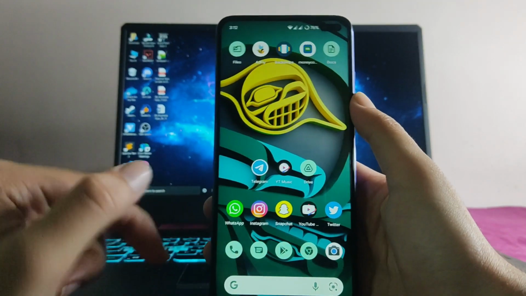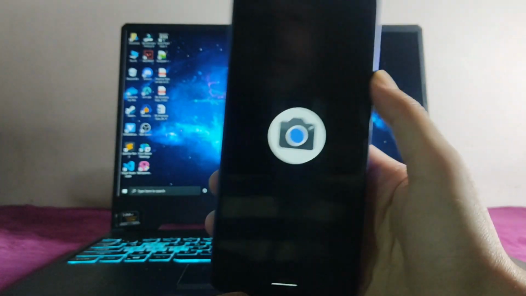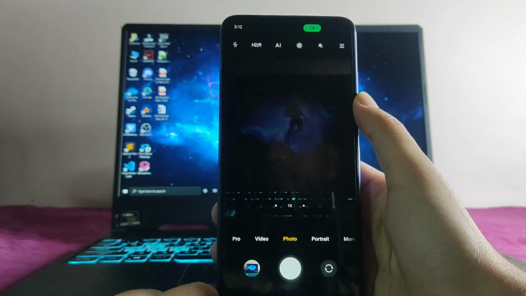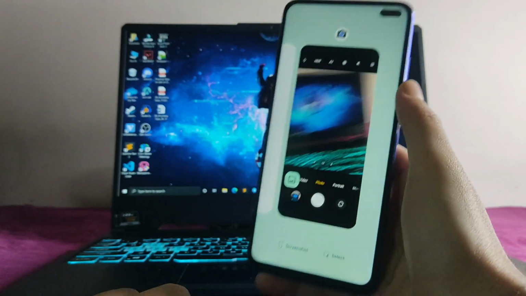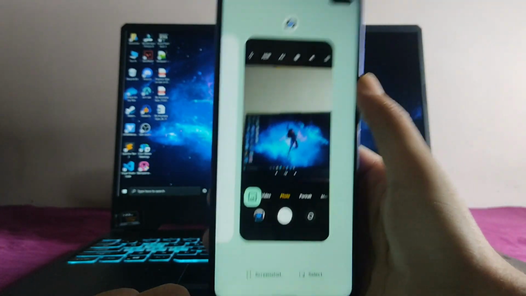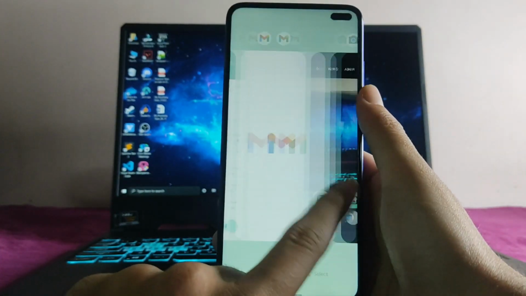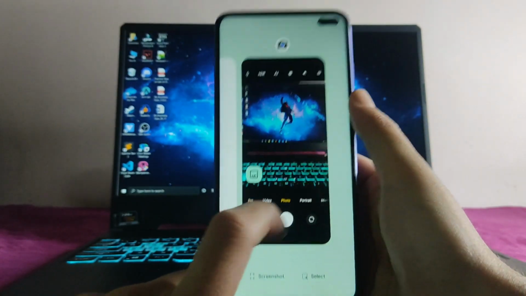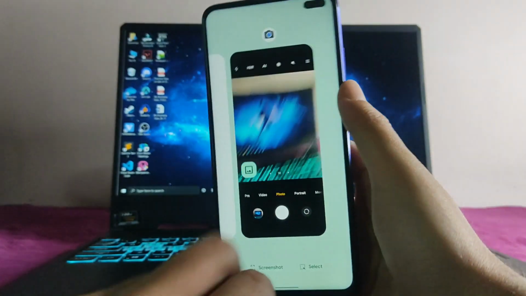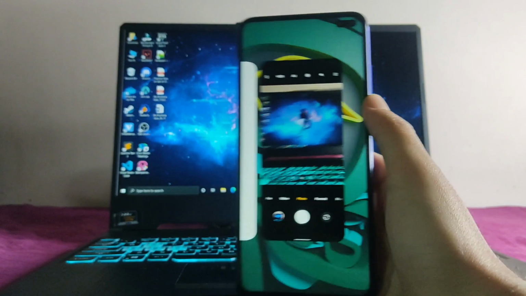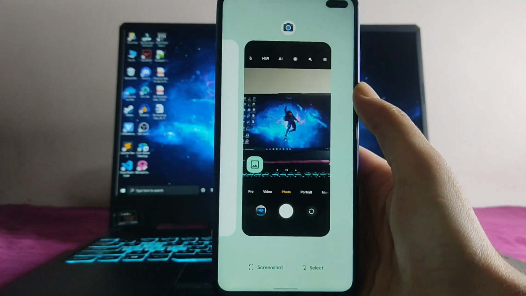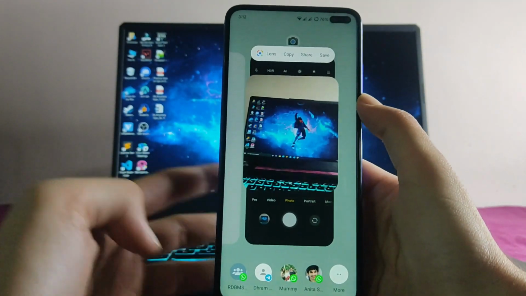Okay, then talking about another feature, this is the camera I opened, and when I go to the recent apps, as you can see, the camera here is still working. So if you go to the recents, the app just works perfectly fine and it will just resume from that. So this is a feature of Android 12 which I feel is just great.